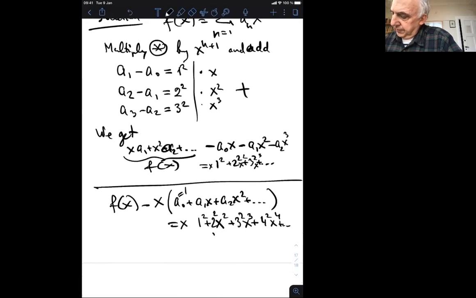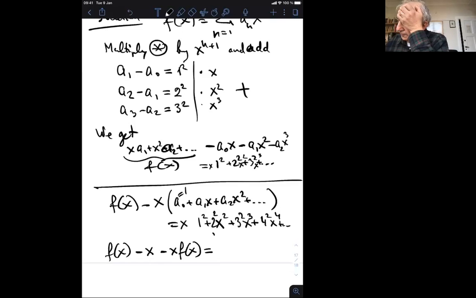So we have f of x minus x minus x f of x. Now what about the right-hand side, which is 1 squared x squared plus 2 squared x squared plus 3